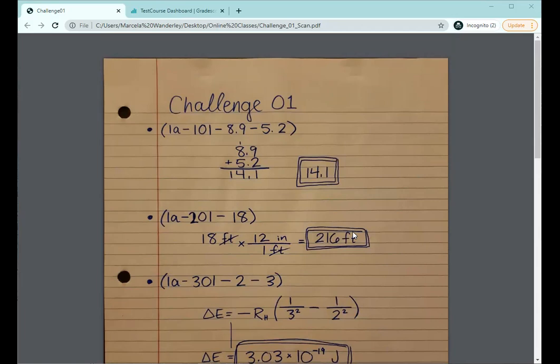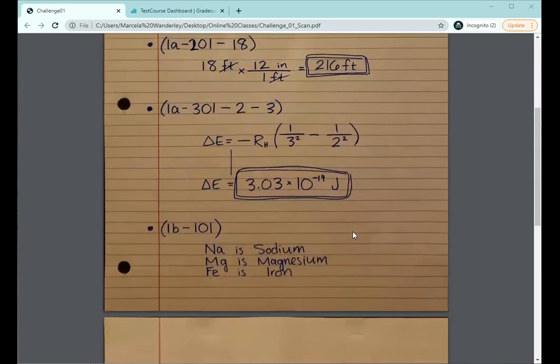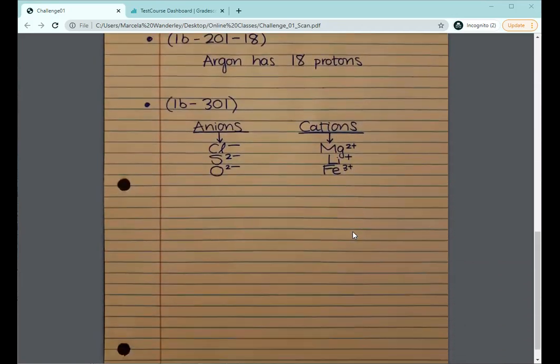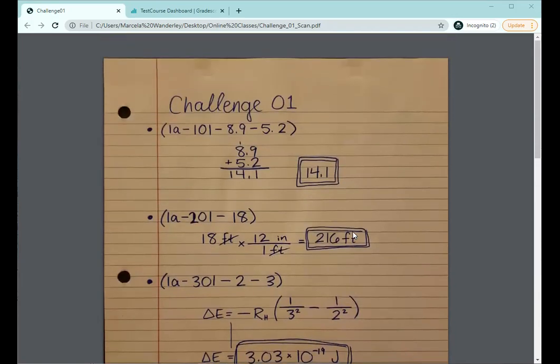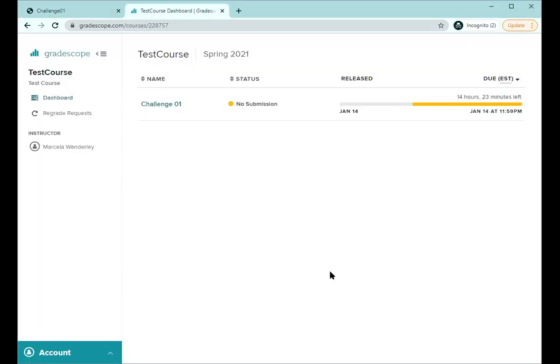You need to make sure that you're scanning as a PDF rather than just taking pictures, because there are problems that come up if you are using pictures instead of a PDF. So I cannot emphasize that enough. Here, just a short example, I've got a 2-page document. Once you're finished and you have your scan, you're going to want to send that to yourself so that you can upload it to the Gradescope file.